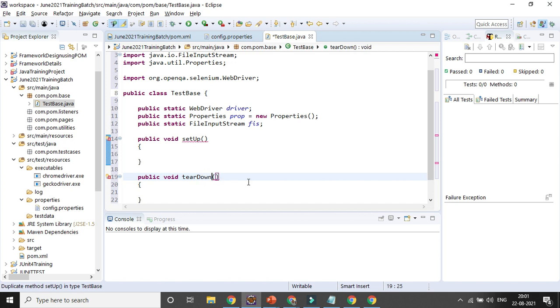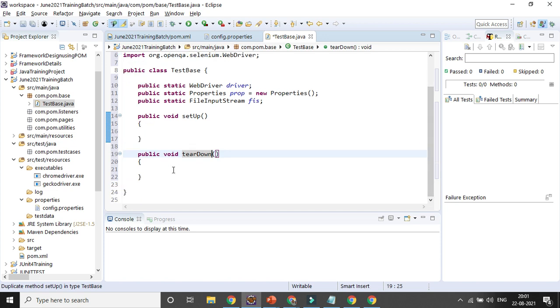Whenever you are creating any framework, please remember that you are using the standard protocol, right? So that at any point of time another person can easily understand it. Otherwise, in case you are going with your own concept, it will be very difficult for the other person, even for you also. Suppose after 1 year you want to rework or revamp the framework, it will be tough for you. That is the reason every organization, whenever you are using a framework, everybody needs to follow some protocol or practice, right?